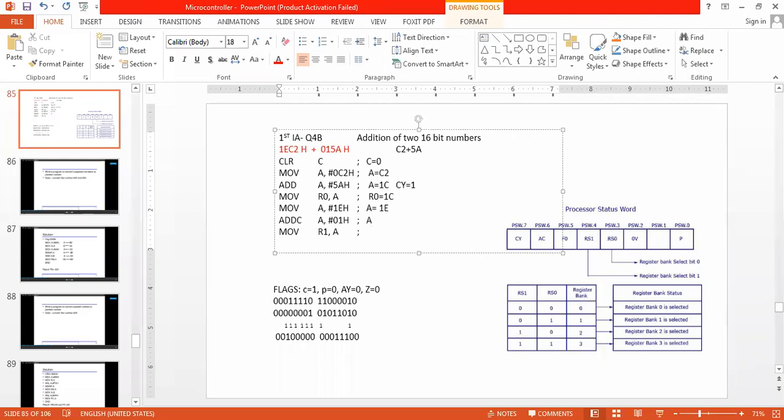Addition, add with carry. Okay, it is not only add, it is add with carry. A is equal to 1E plus 01 plus carry. Carry is also 1. 1E plus 1 is 1F. 1F plus 1 is 20. Okay, 20H. These are not decimal numbers, these are hexadecimal numbers. Don't make confusion, okay?